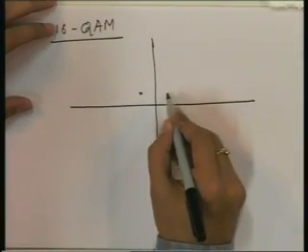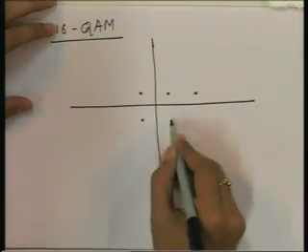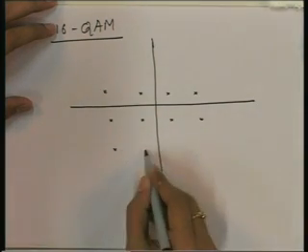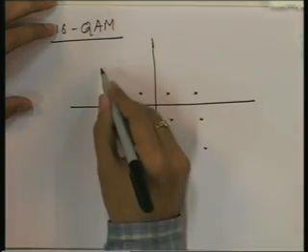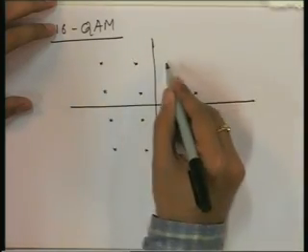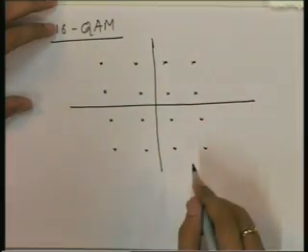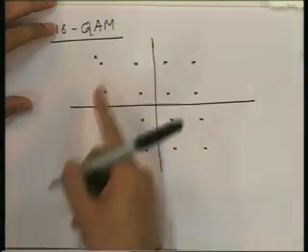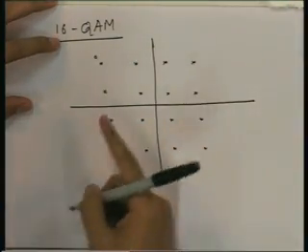Suppose you have these points, we can assign bits this way. So, 16 QAM, so there will be 4 bits to each point,